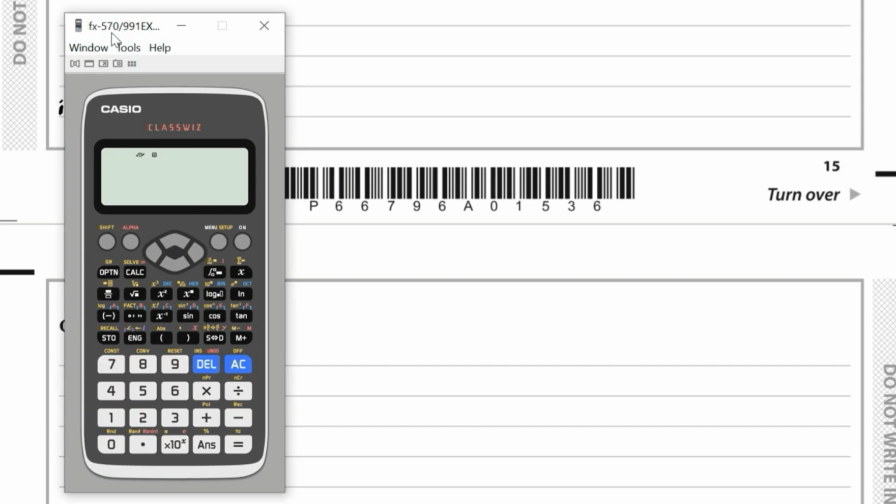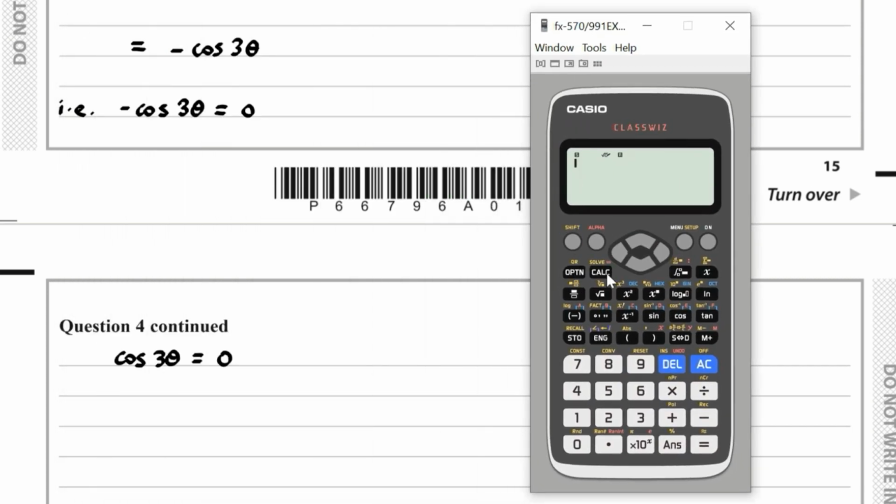Now, on our calculator, if we work out the inverse cosine of 0, we get pi over 2. So 3 theta is equal to pi over 2. And if we do 2 pi minus this, we get 3 pi over 2. And then if we add on 2 pi